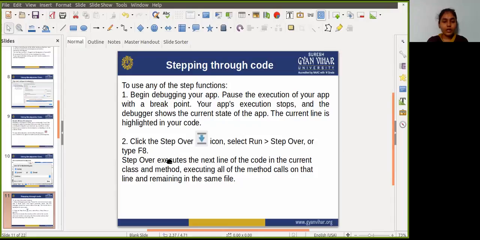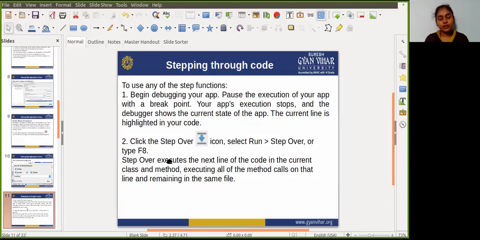Okay, so step over executes the next line of the code in the current class or method, executing all the method calls on the line and remaining in the same file.